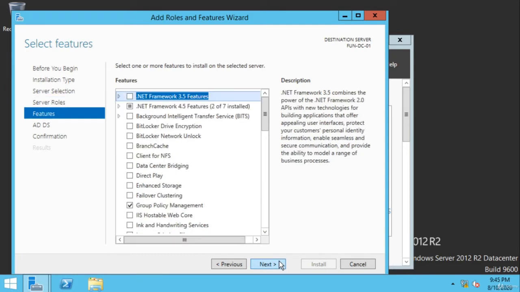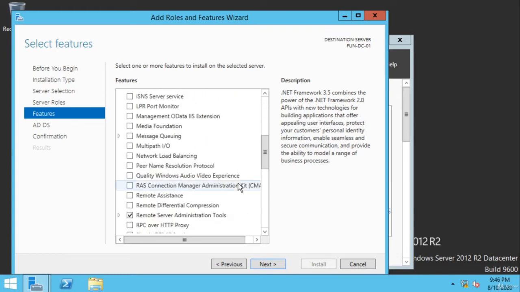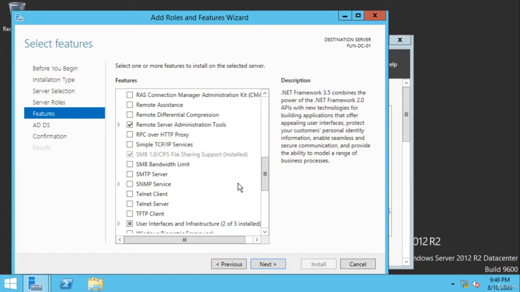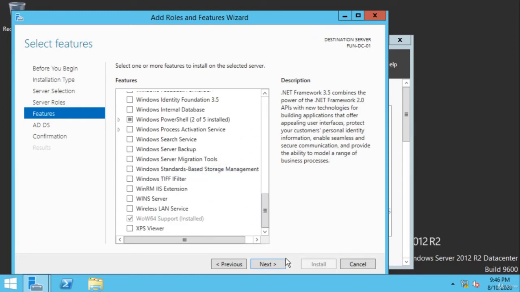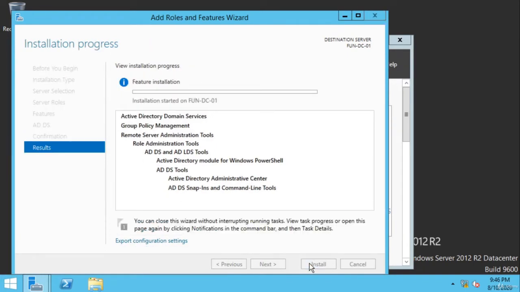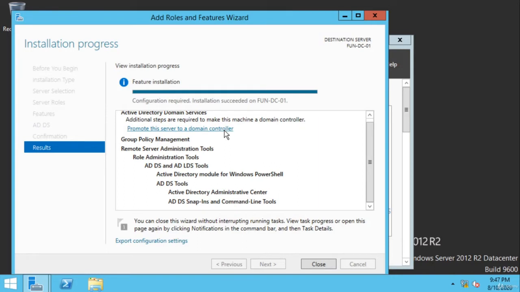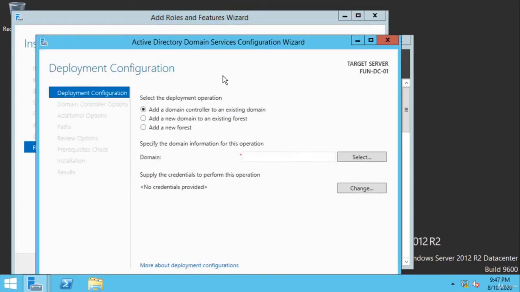Next up, you can see a list of features that could be installed on the server. But for a simple setup, we can ignore this. Now let's install the Active Directory role we selected. Click on Promote this server to a domain controller, and next select Add a new forest, giving the root domain